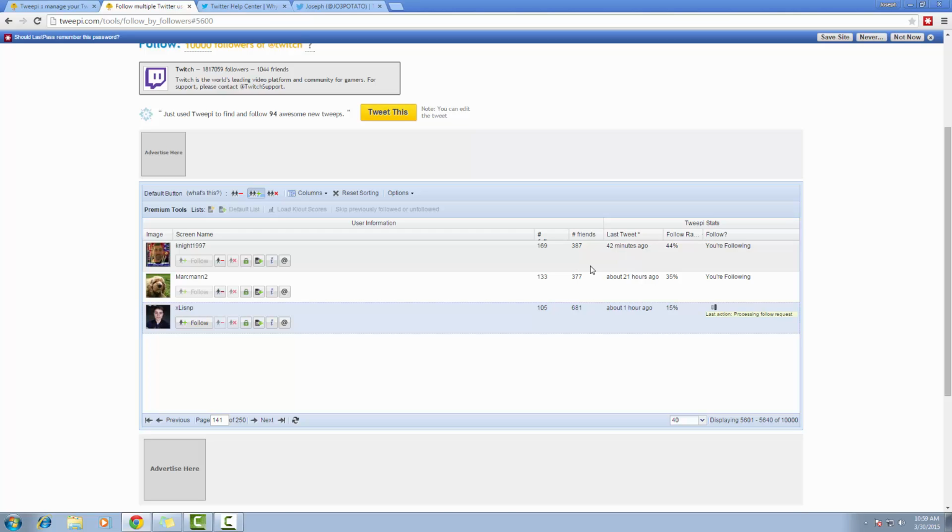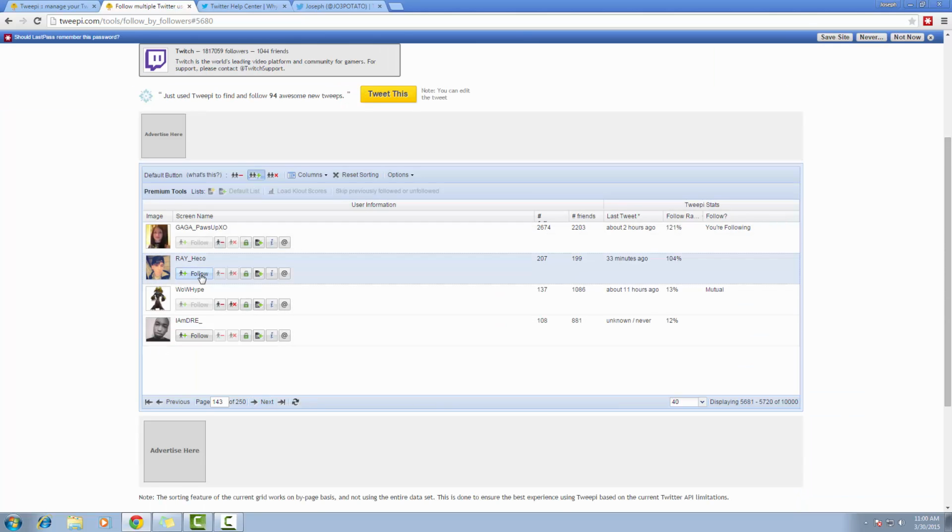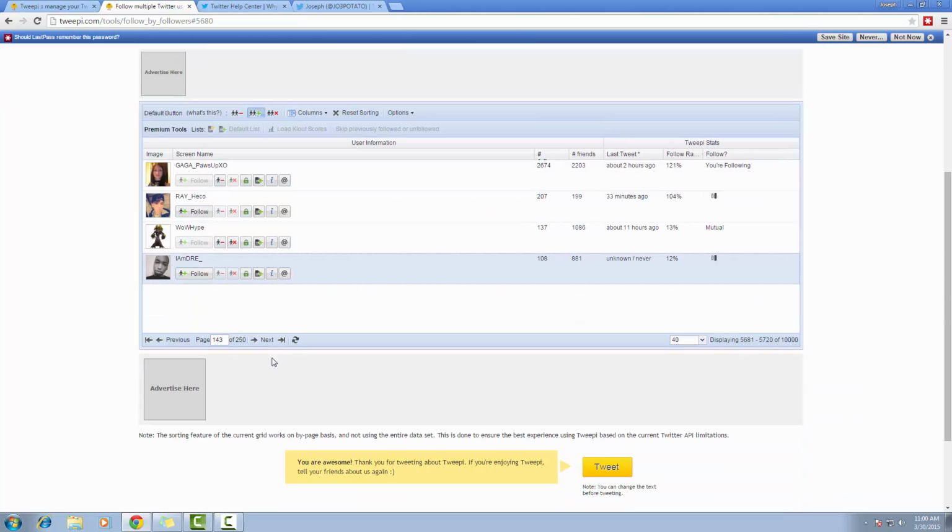The reason being is you want to follow people and have followers that are active on Twitter because they will be more likely to retweet your tweets, mention you, click on your links. But if they haven't tweeted in months or even years, they're probably not using Twitter, or they use it very passively. You want active Twitter users to promote your content to.